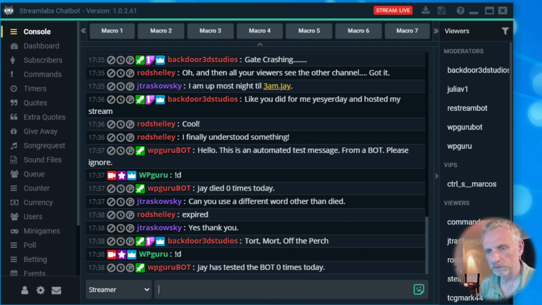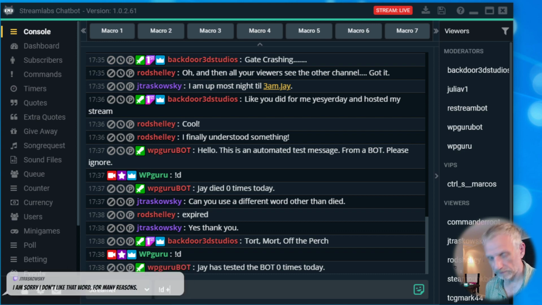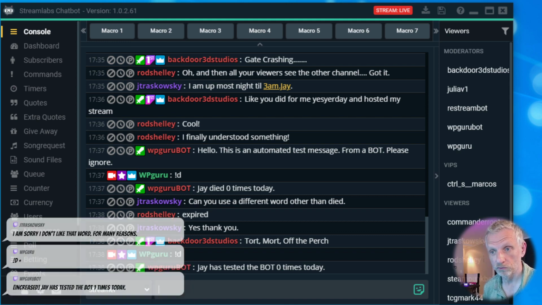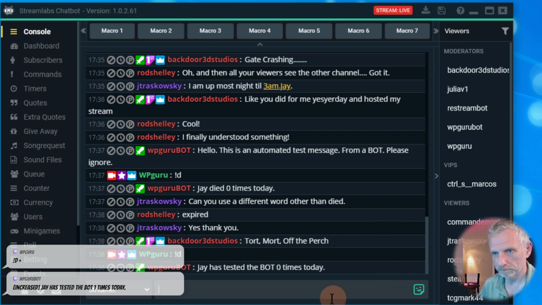But if I go and use !D followed by a space, and then I say plus, then I will increase the counter. So this is also currently set so that everyone can do it, but I could set it so that only mods can do it. So if I do that, then the counter will be increased. No, it won't be. Why not? Has it? Oh, there we go. Increase. There we go. Why am I not seeing that here on my list?